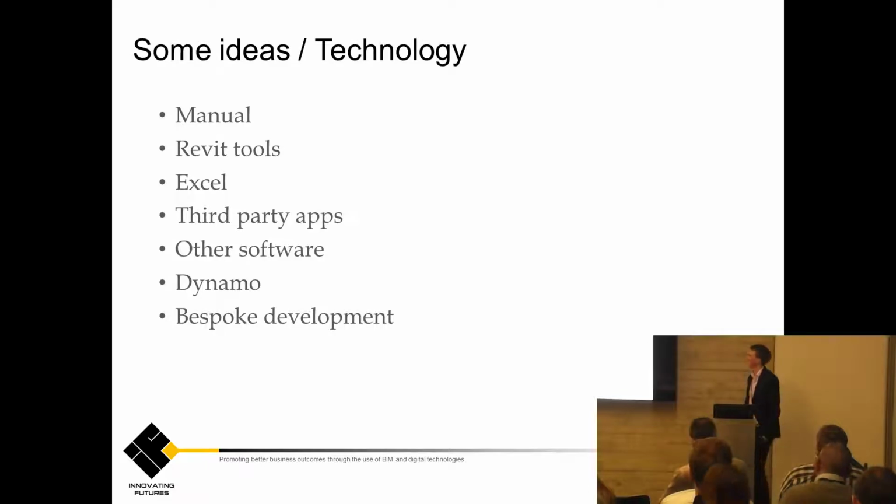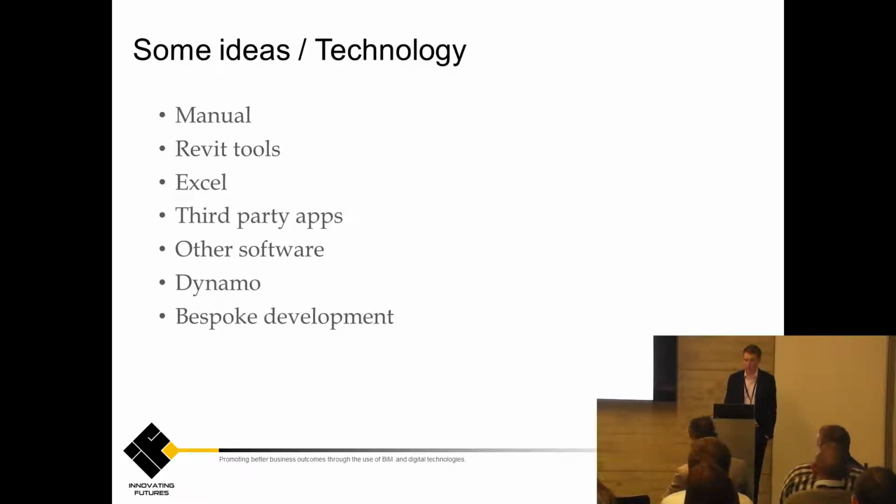So I sat and mapped out, and there might be some more ideas around this, but the ways I think you can audit a model at the moment are: manual process, so as people are doing at the moment, spin it around, visual checks, cutting a few sections, clicking on things, seeing if the data is correct. Using Revit tools, like schedules, filters, that kind of stuff, Excel, third-party apps, other software, so non-Revit, Dynamo and bespoke